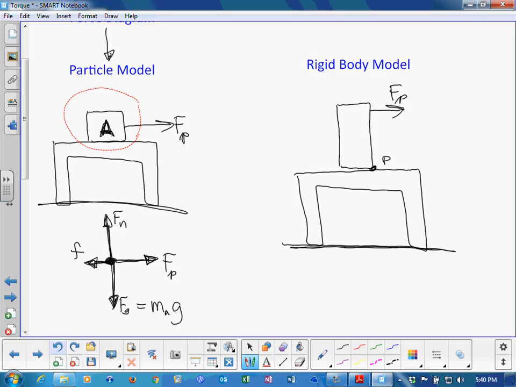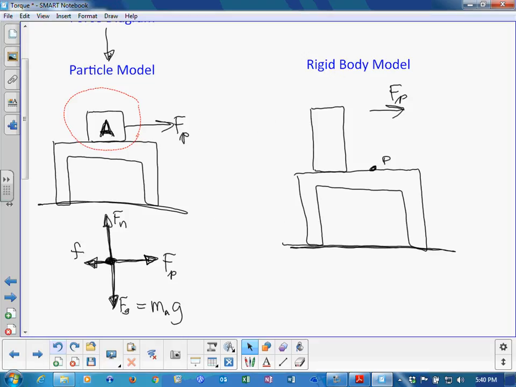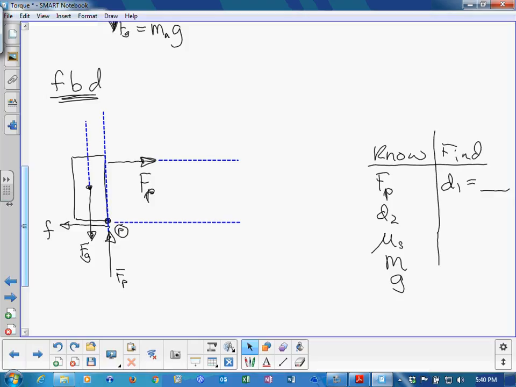For that reason, we now draw what we call a free body diagram. We're going to take the block B and free it from the table. We take this block, pull it, and bring it down here to the left. Now the block is free, so we have to construct the forces exactly where they're acting relative to the block. If it tips about this point P, then we know that the